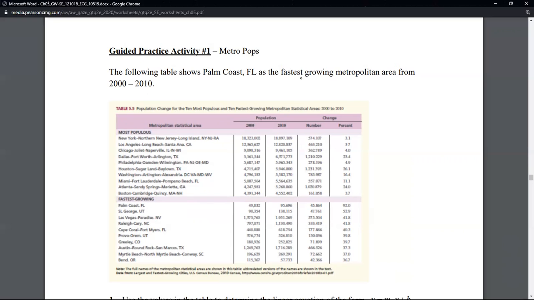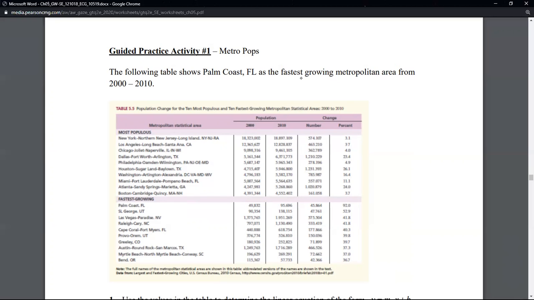So if you look in this table, the biggest difference you see is 1.23, and that's for Houston, Sugarland, Baytown. I don't know if that's a T or an L. I can't read that. It's too fuzzy. They need some 720p charts in this thing. So that's got the biggest total change, but they said Palm Coast, Florida is the fastest growing. So I guess we're not basing this off of total change. Maybe we're basing this off of the percent change.